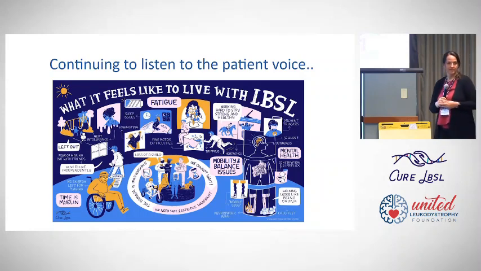So for instance, the sleep, the fatigue, the neuropathic pain, these are several categories of symptoms that I think are important because they could cut across different groups with LBSL, right? So people who are no longer walking or haven't achieved the ability to walk, sleep is still critical. The fatigue is still critical, and they can still experience pain. And so